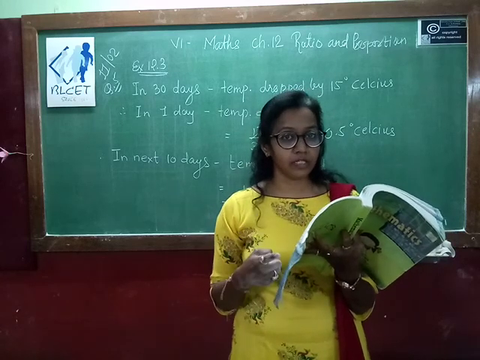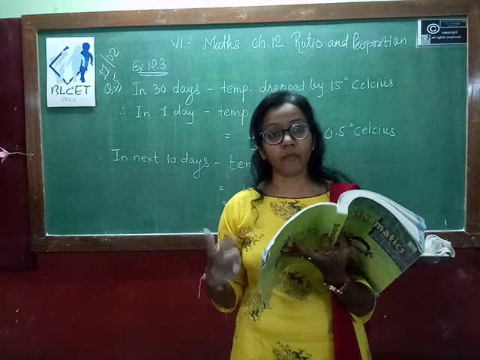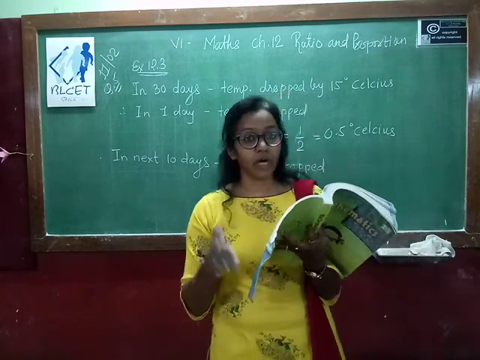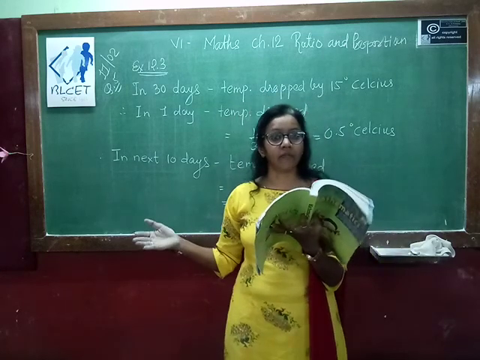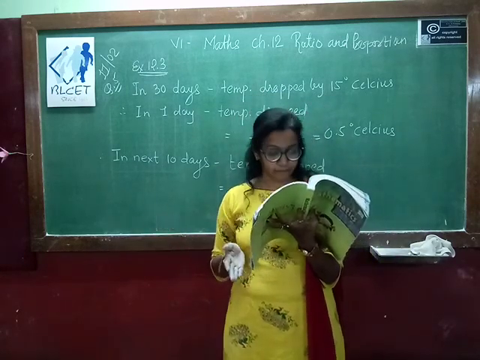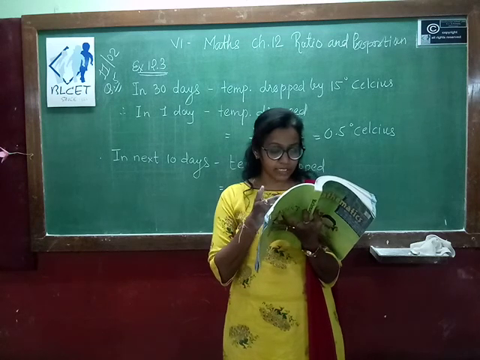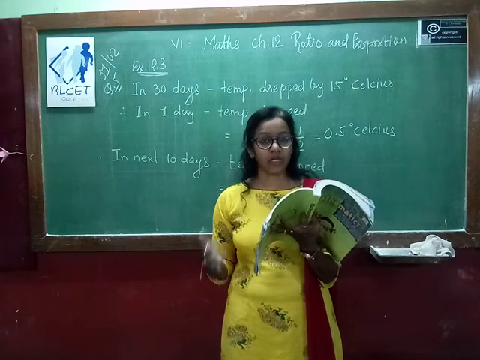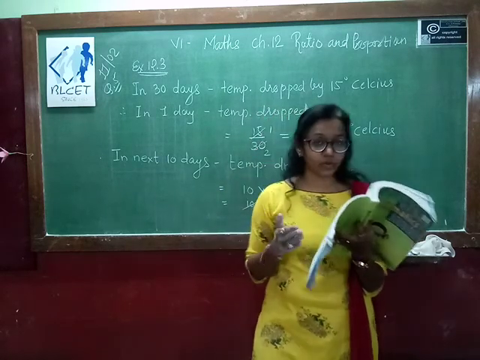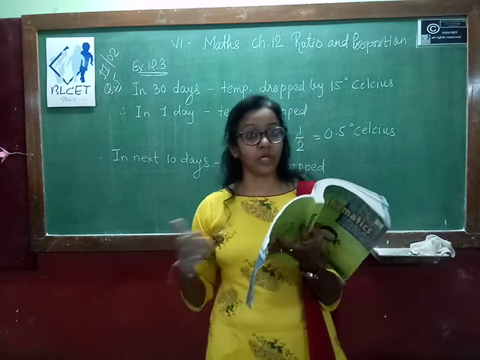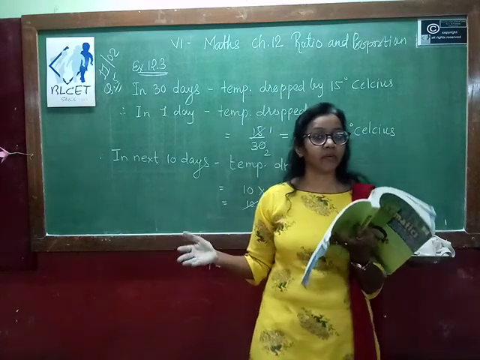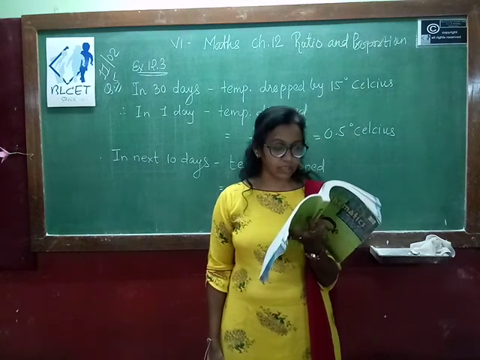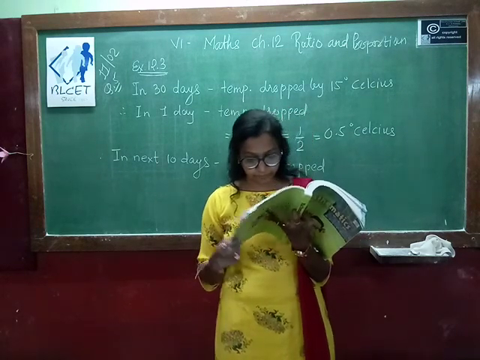That you have to find first. Because we know that in 1 year, how many months are there? 12 months are there. If you know the amount for 1 month, that you have to multiply with the whole year, that is with 12. So here, if you do the division, 7,500 divided by 3, your answer is 2,500. So in 1 month, Reena has to pay rupees 2,500. So in 12 months, how much? So 12 multiplied by 2,500. Directly you will get the answer. So try to do the question number 6 by yourself.